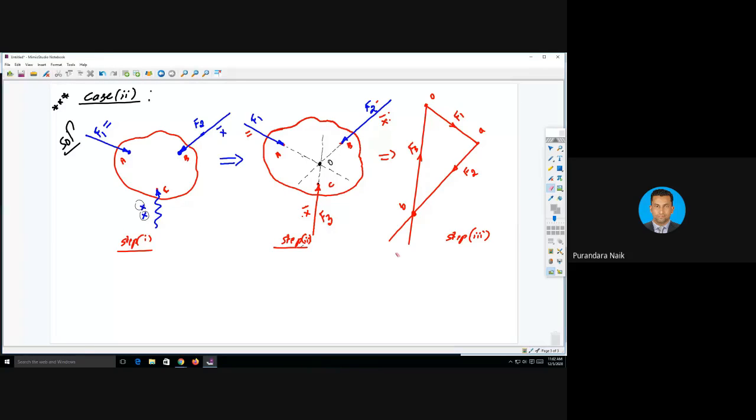take a vector of proper magnitude and direction to represent the force F1. Full stop. From its two ends,